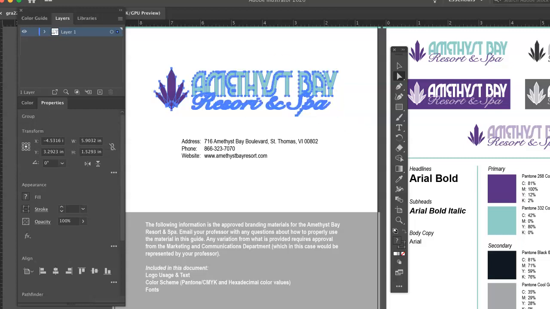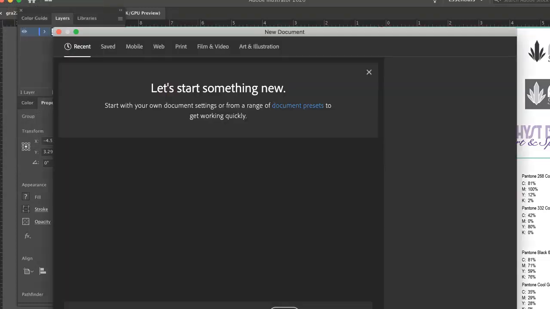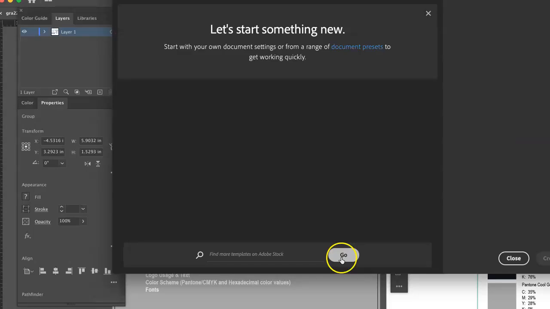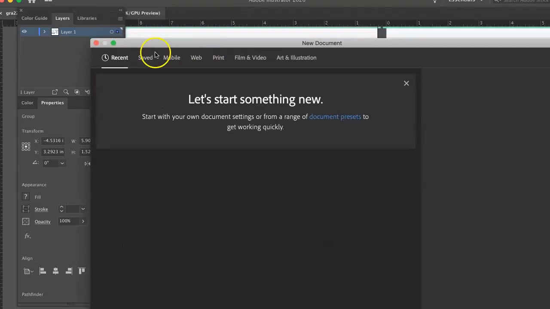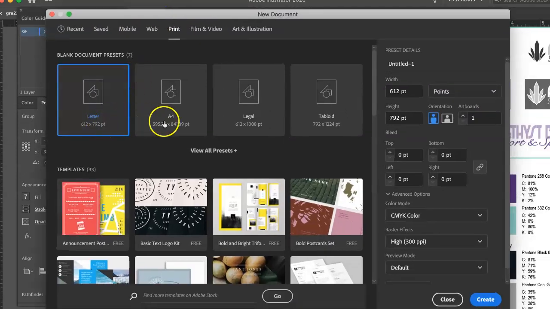Now, the next thing I'm going to do, off screen here, is create a new Illustrator file. This is for our ad, and you have to click through some of this. Now we want a print ad here. So if you're going to start out creating a new document, go over here to Print. It'll give you some more prompts. We want just a basic letter size, right? For the ad, we want it portrait orientation,